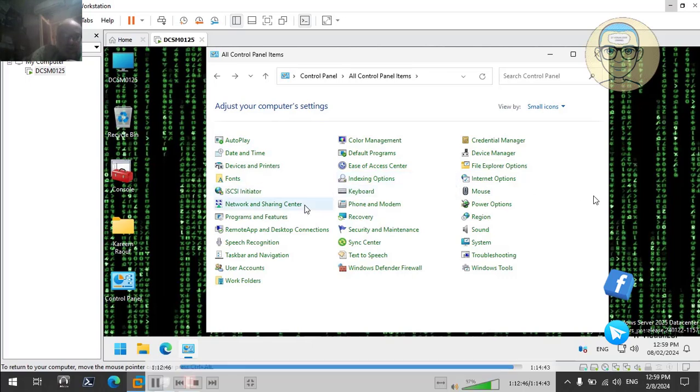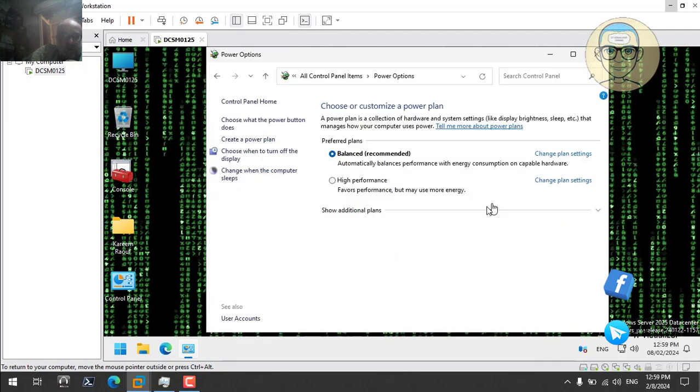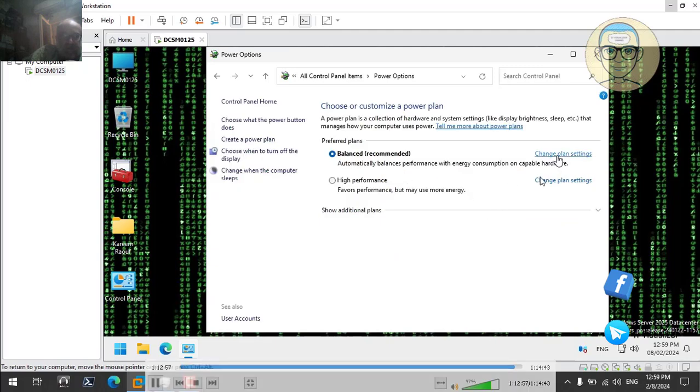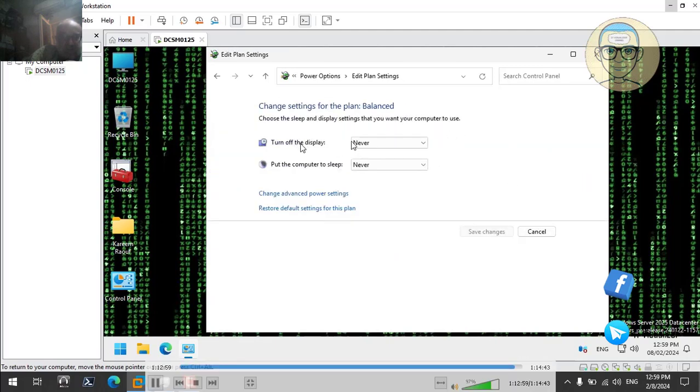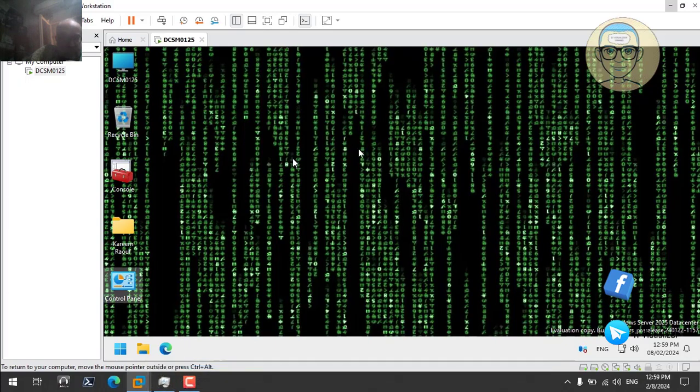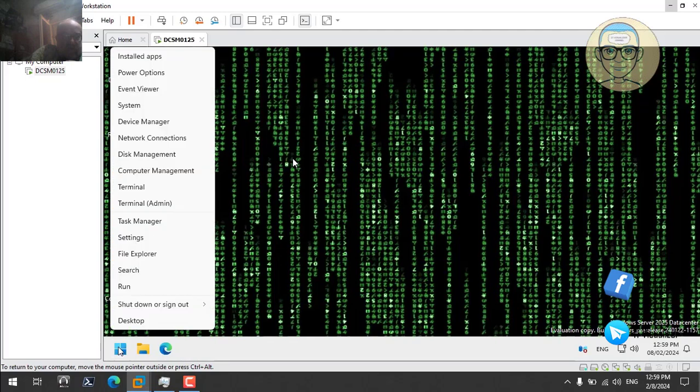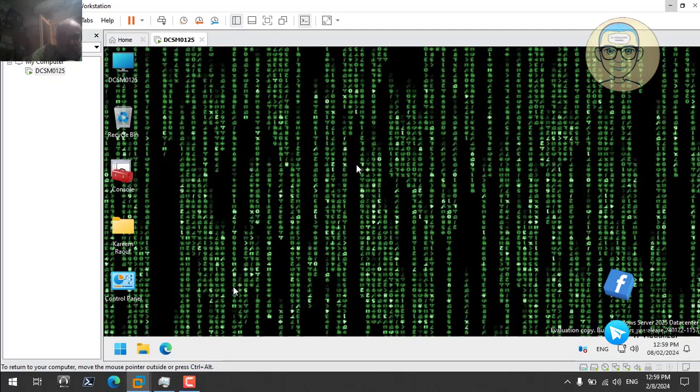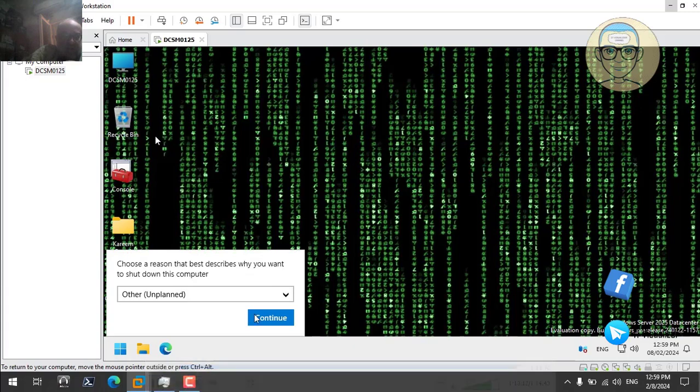We need to check the power options. We have a group policy to apply, or the default domain policy contains some power options policy. I need to make never and never for the display and for the computer. Okay, this is applied using the default domain policy. Okay, so before clicking on shutdown or restart, I will cancel,